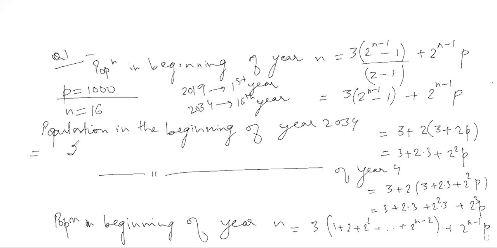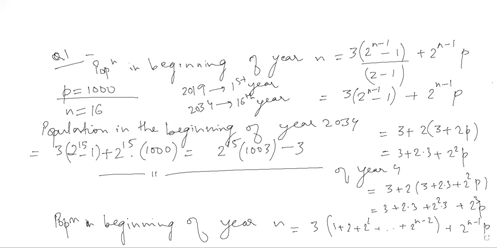So this will become 2 raised to 15 minus 1 into 3, and then plus 2 raised to 15, and then p is 1000. If we take 2 raised to 15 common, so 1000 plus 3, this will become 1003. So 2 raised to 15 into 1003, and then minus 3. So this is the final answer that we are getting. So 2 raised to 15 into 1003 minus 3 will be the population that we get at the beginning of